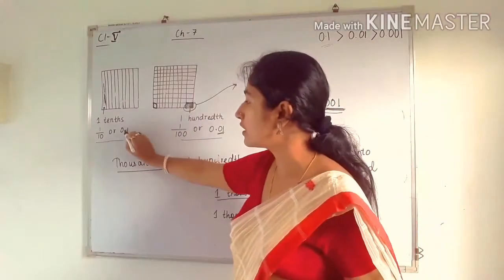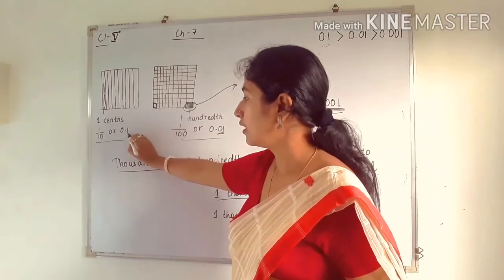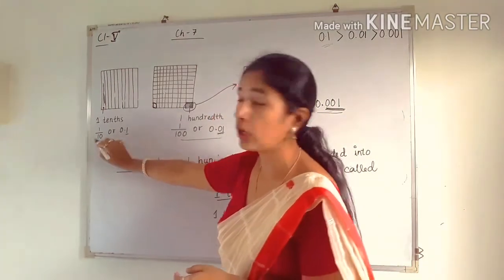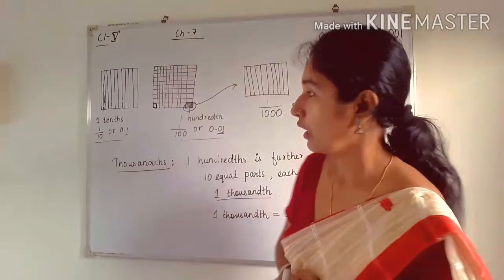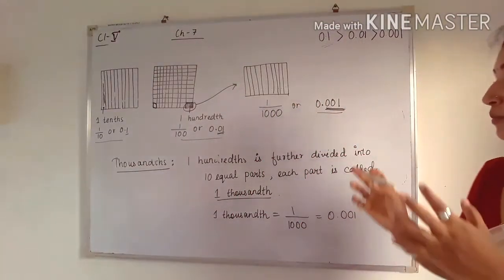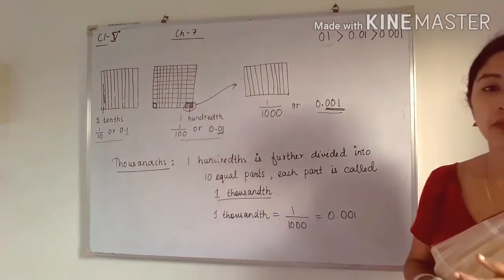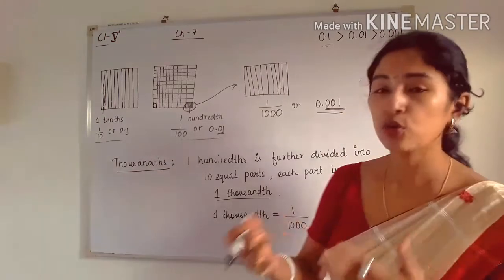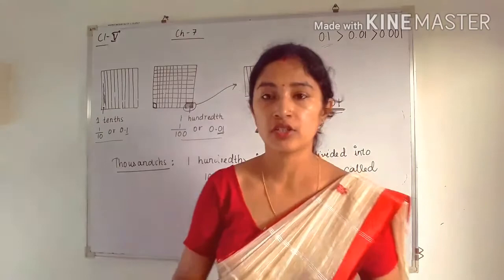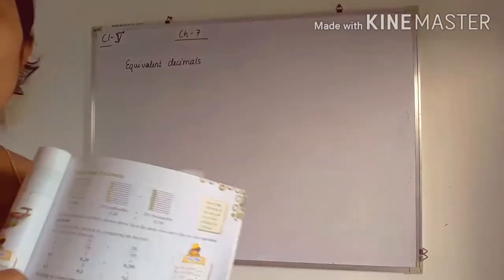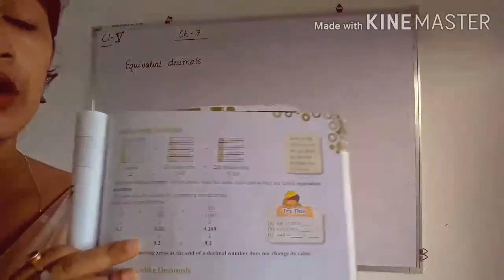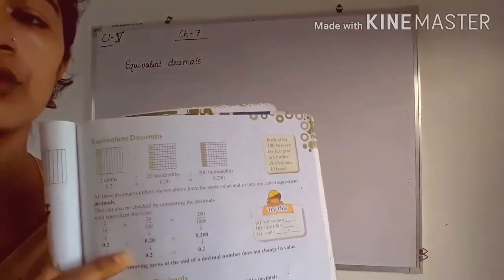Similarly here, after the decimal point we have only 1 digit. That means in the denominator we have to put only 1 zero after 1. So in this way you can easily convert a fractional number to a decimal or a decimal number to a fraction. So students, see the next topic in the book itself. In the book, page number 103, there is a diagram.